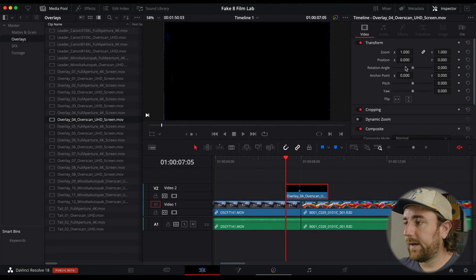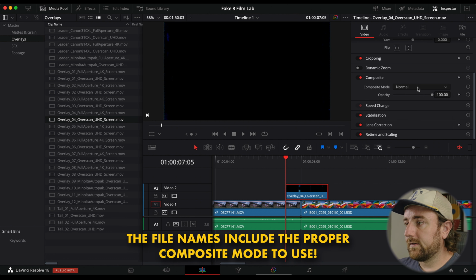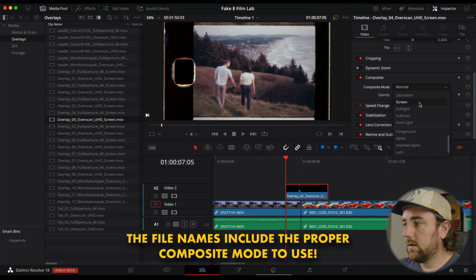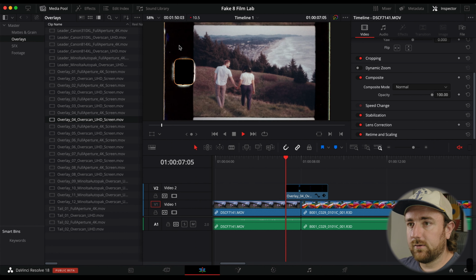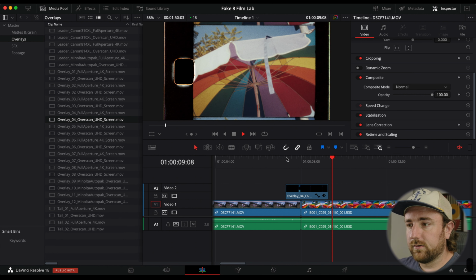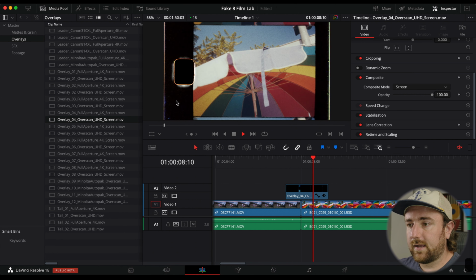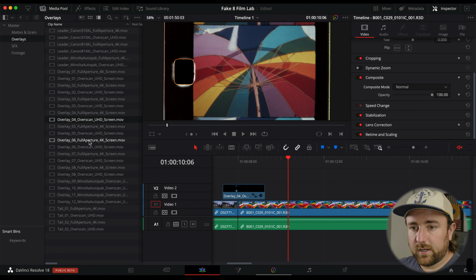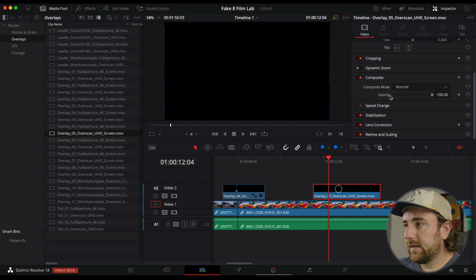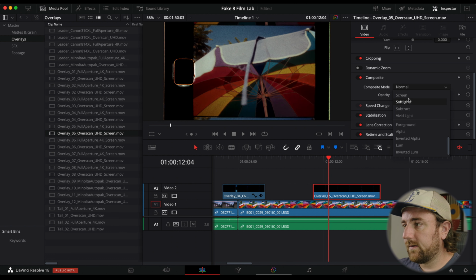So I'm going to go to inspector and change the composite mode to screen. And so now if I play it back, you can see it adds a little bit of a flare to the side when it transitions. So you can put these anywhere you want, and they just help add a little bit of style to the footage and break up